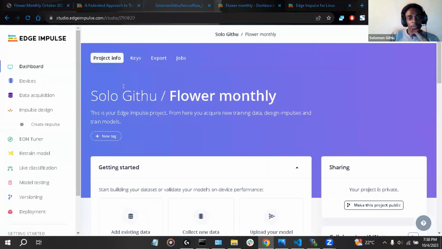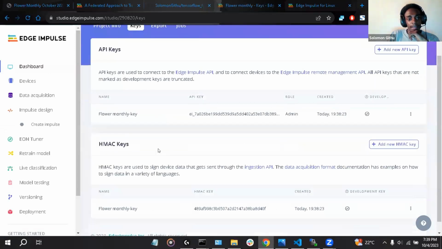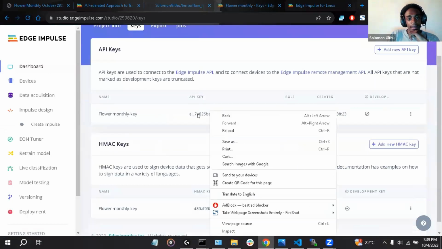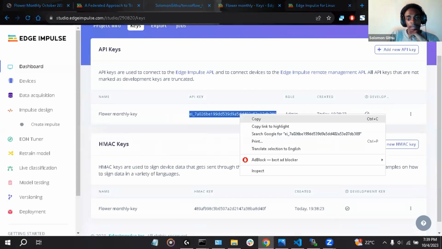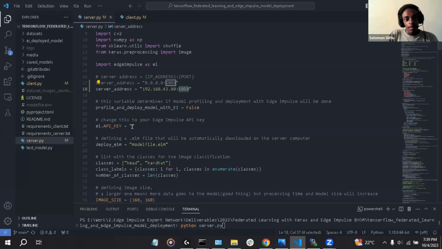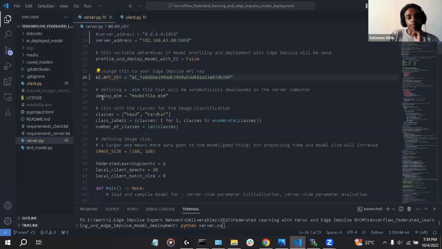Then now I have a new project in Edge Impulse. Note that to create a project on Edge Impulse, you first need an Edge Impulse account, which is free for all developers. So once I have my Edge Impulse account, I can go here to keys, and then I can take my API key. So it's this one. I can right click and then click copy. Then I can come here and paste my API key.